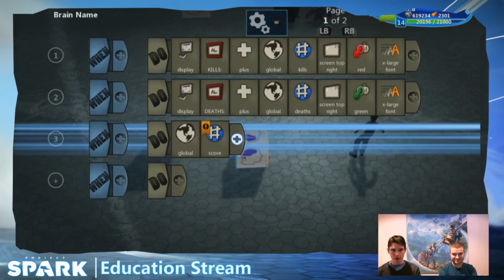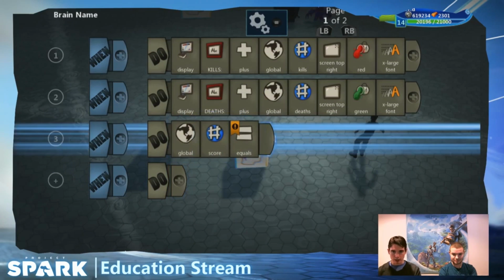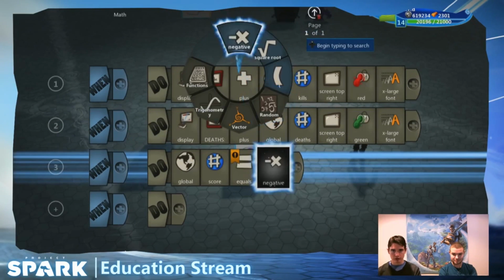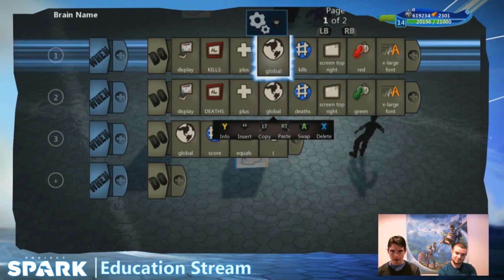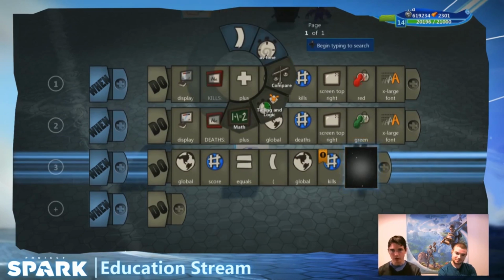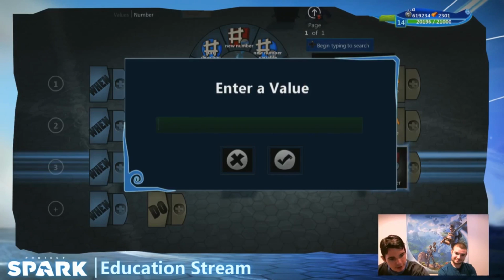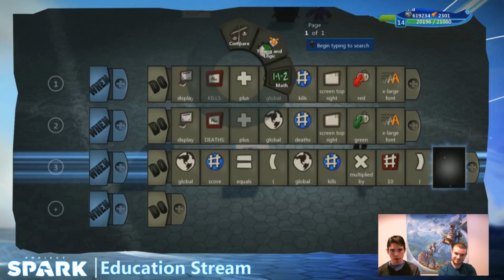But the basic thing is we have this global score, which is the thing that we are going to post onto leaderboards. And we are going to say the global score is equal to, let's constrain this within some brackets. So it's equal to, let's say, kills are a prized possession. So we are going to say global kills multiplied by 10. We'll put that within brackets. And then we will divide that